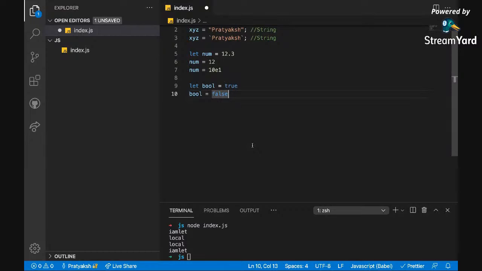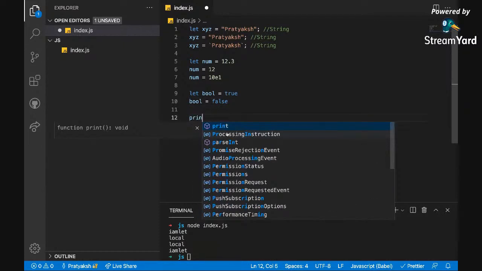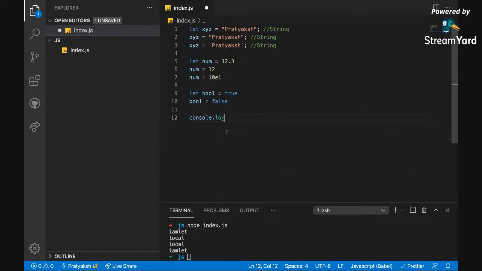And JavaScript itself is quite smart, and it does internal type conversion. So let's say I try to print num, and let's say I define a let num1 also. Okay, I have two now. If I try to add num plus num1, it should give the expected answer, 12 plus 12.3, which is 24.3. It should give the obvious answer, but no.